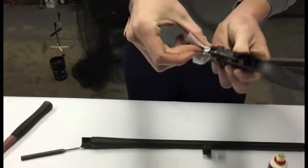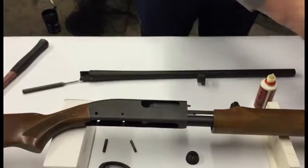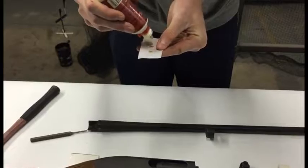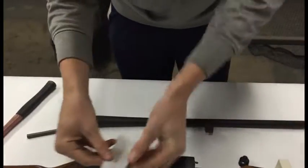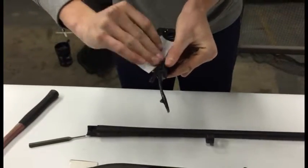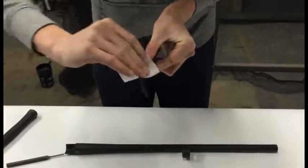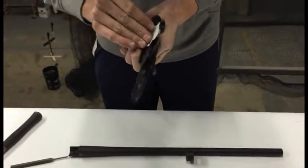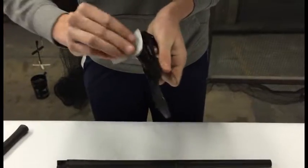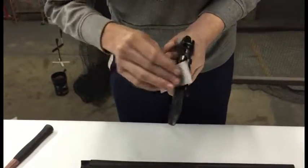Once you have done this, you can grab another rag and put a couple drops of gun oil on this one as well. And just do the same thing with the trigger. Wipe it with the gun oil and get all the little spots you can lubricated so they can be clean and be strong for the next use. And then once you have wiped it down,